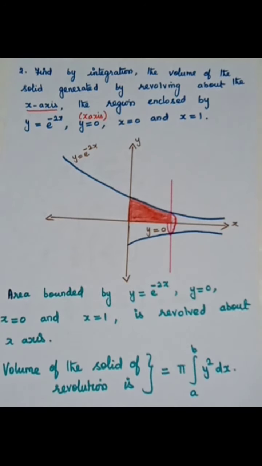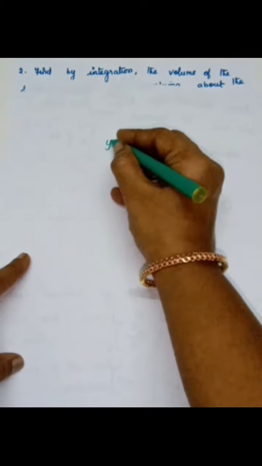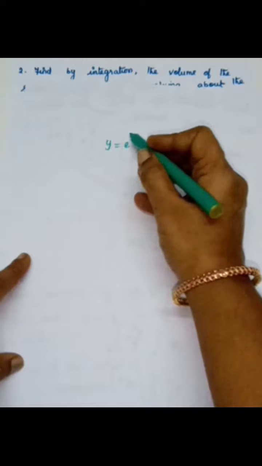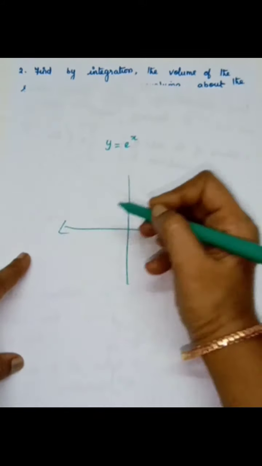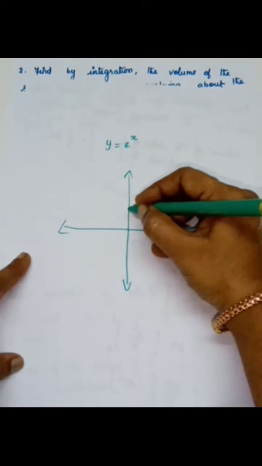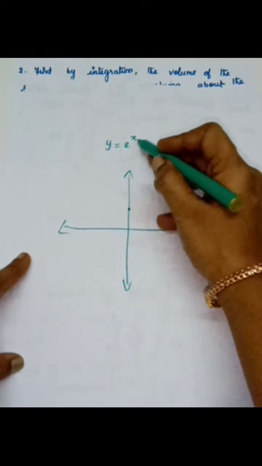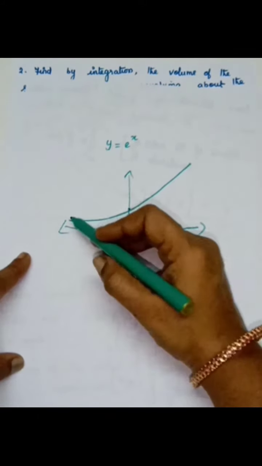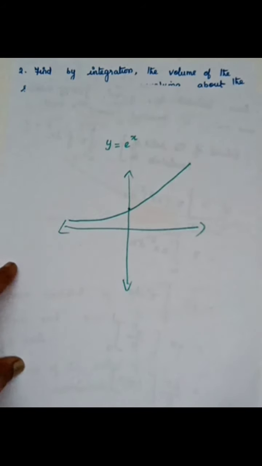So see now, you have studied the y is equal to e power x curve. Here the power is positive. Put x is equal to 0: e power 0, that is y is equal to 1. So the point is 0 comma 1. Since the power is positive, the curve will be like this. E power minus infinity is 0 and it goes on increasing, an exponential function.